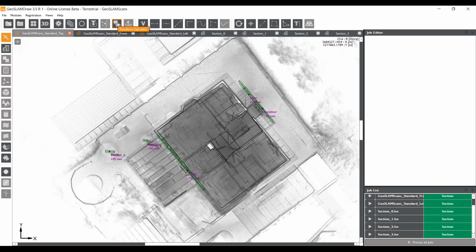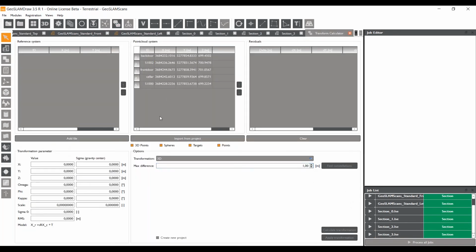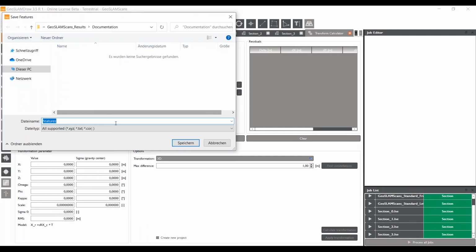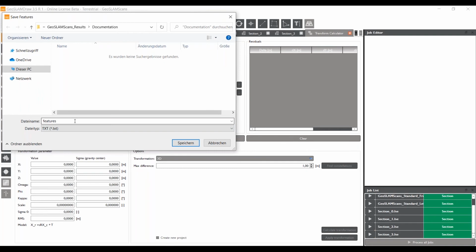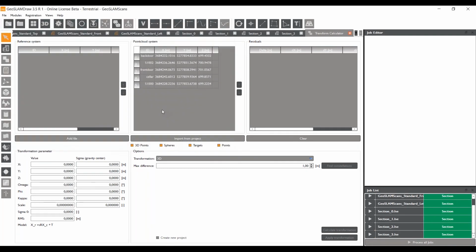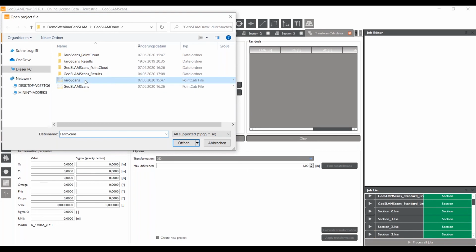So I open the transformation calculator here, because here we have all the coordinates, and here again you see that we are in a global coordinate system, and all I need to do now is right click and say export scan points, and we don't want to use an XYZ but a TXT file, so we are able to have the names in there as well. So I save that, and with that we are already finished with the GeoSLAM project,